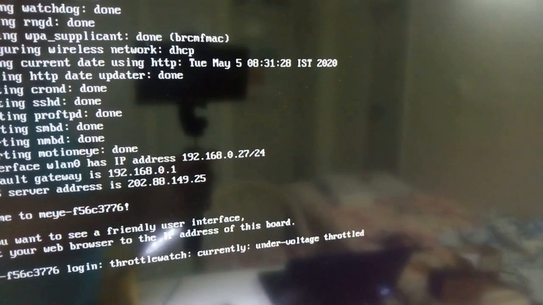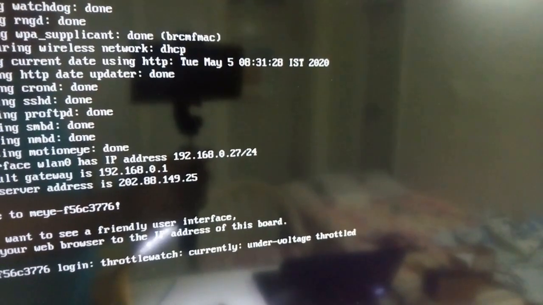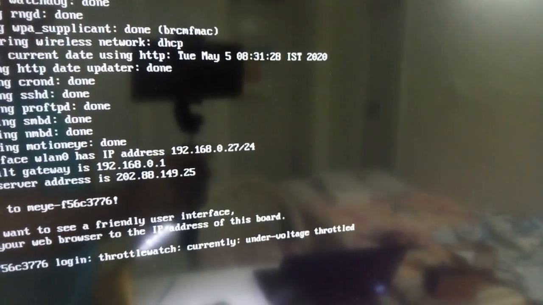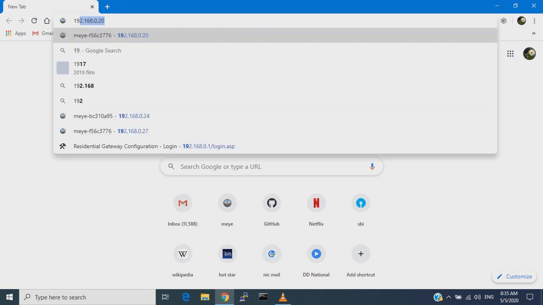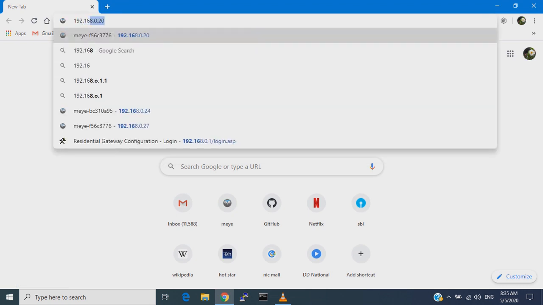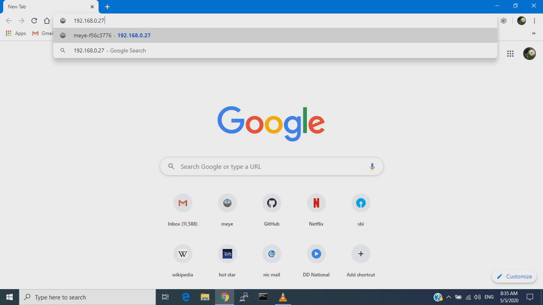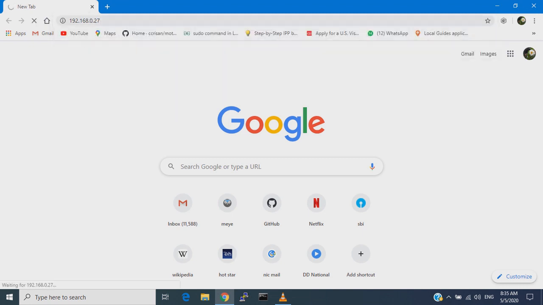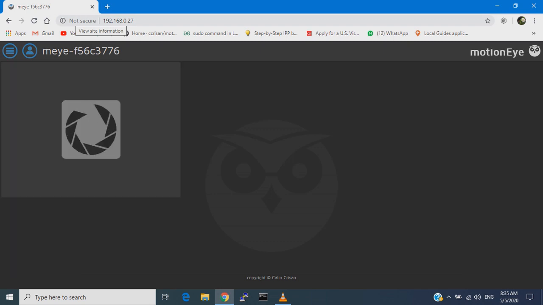We will use this for allocating the static IP for the Raspberry Pi 4. The Pi is at 192.168.0.27, and let us see the Motion I software take over.